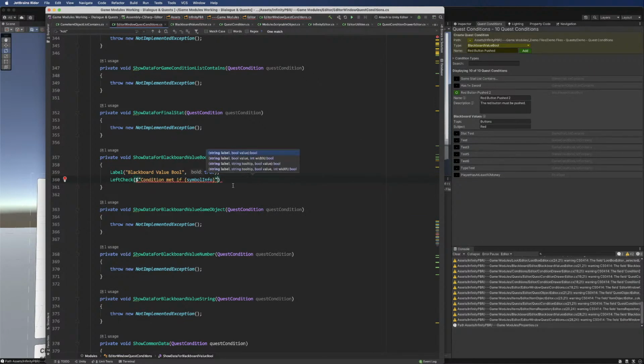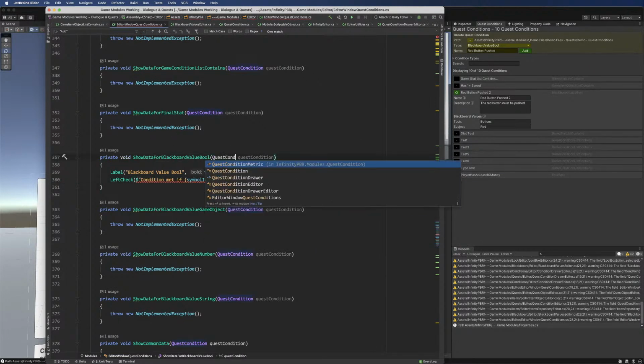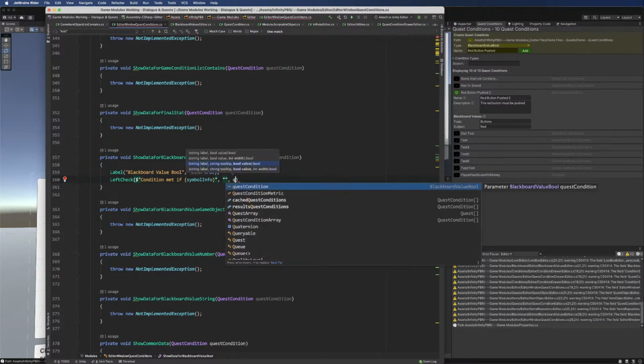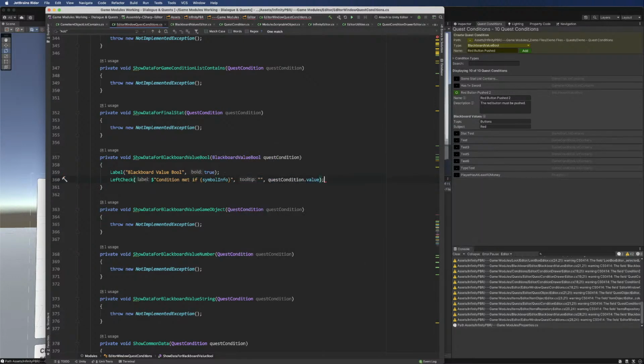Oh, so okay, we need to do quest condition, or blackboard value bool quest condition. Okay, so that, and then quest condition dot value, and we're also setting that here. All right, and the tooltip's going to be this condition will be met if